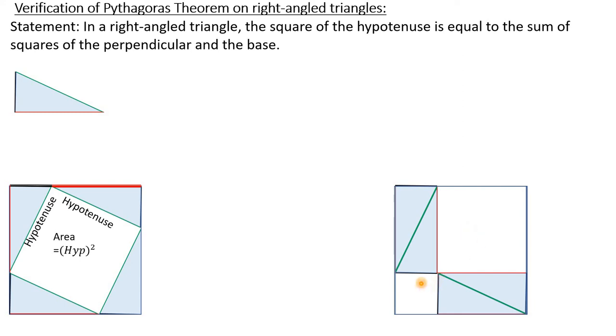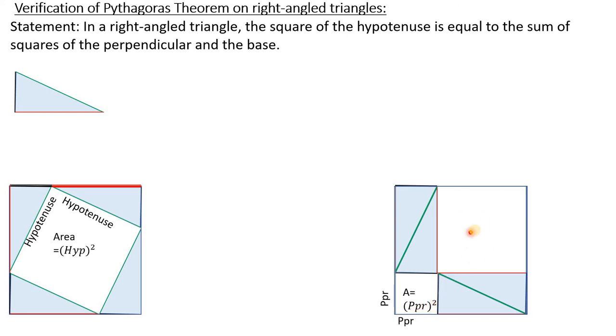There is another smaller square. Should that necessarily be a square? Yes, because if you see that black edge of the triangle, that black edge means it is the perpendicular of the given triangle. So this side also is a perpendicular of the given triangle, and this is 90 degrees. Therefore, this smaller shape should also be a square. So you can say the smaller square is made up of the perpendicular. Two sides are perpendicular. The area of the smaller square will be perpendicular square, means perpendicular multiplied by perpendicular.